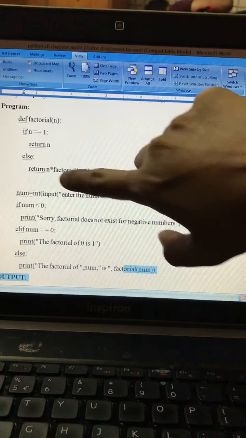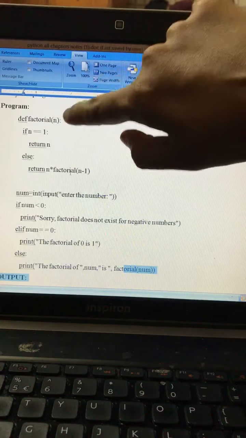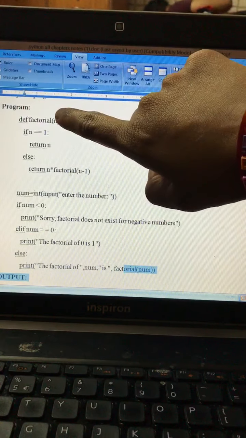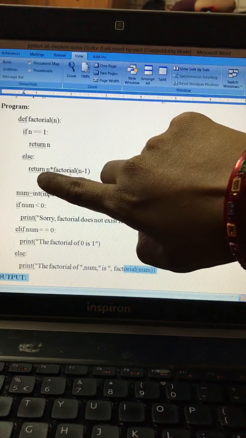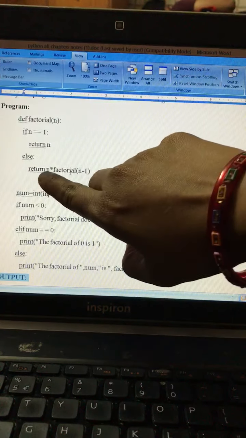It means, what is the value of n? 4. 4 minus 1 means 3. With the value 3 passed, it will call again. Then it will pass the value 3 in n this time. This time it is not equal to 1. Again it will come here. Then 4 into now 3. And the value is 3. Then again 3 minus 1, 2. It will call with the value 2 in n. Then again 4 into